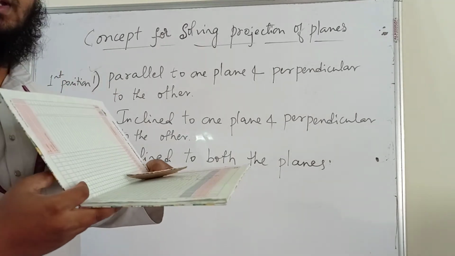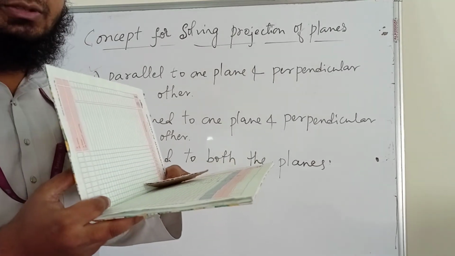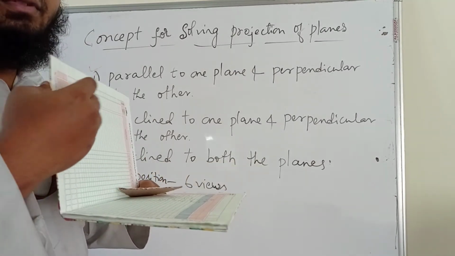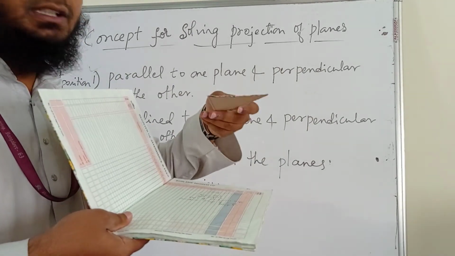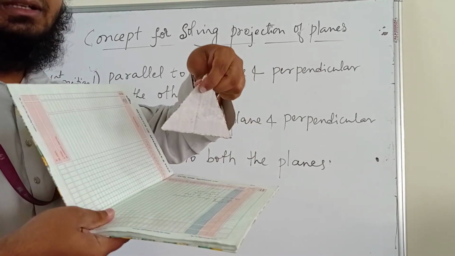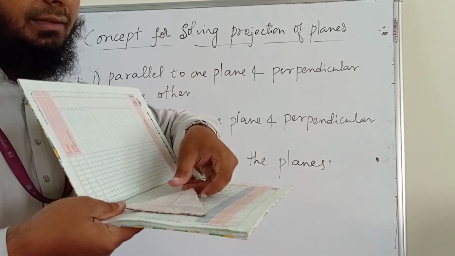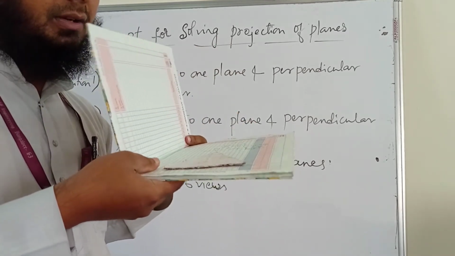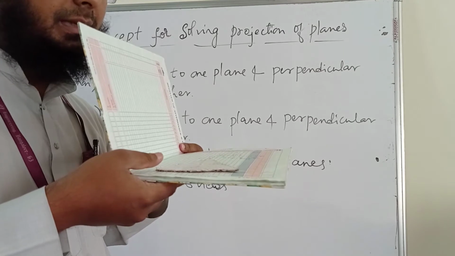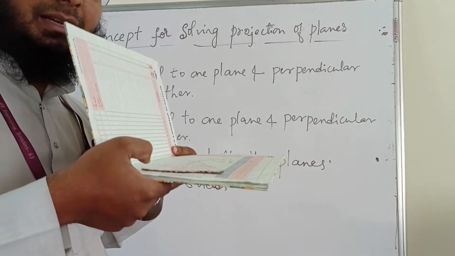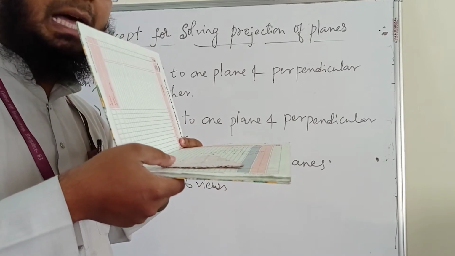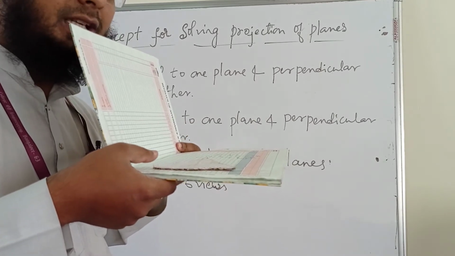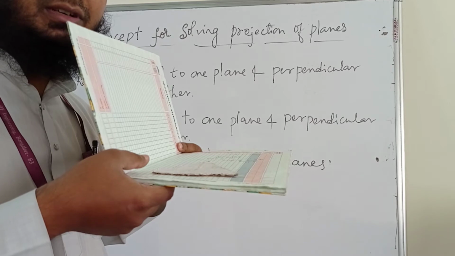Okay. So in the projection of planes we are considering only the first quadrant, that is, in front of VP, above HP. Consider this is our first quadrant. So this is our plane lamina, a triangular lamina. Say I am placing it with respect to the HP plane. It has been placed on the HP plane with respect to an edge. You can see in this position the lamina is placed parallel to the HP. Parallel means we will get the same dimensions of the triangle.